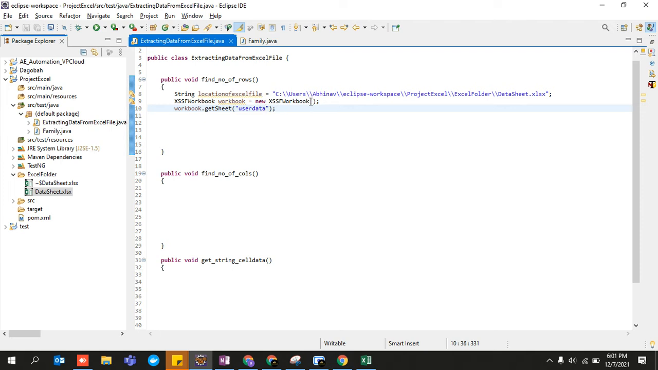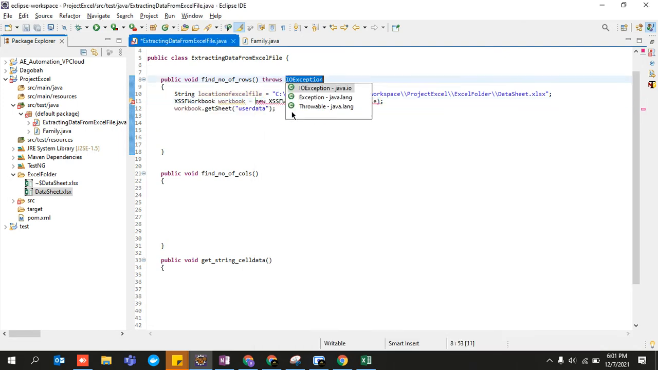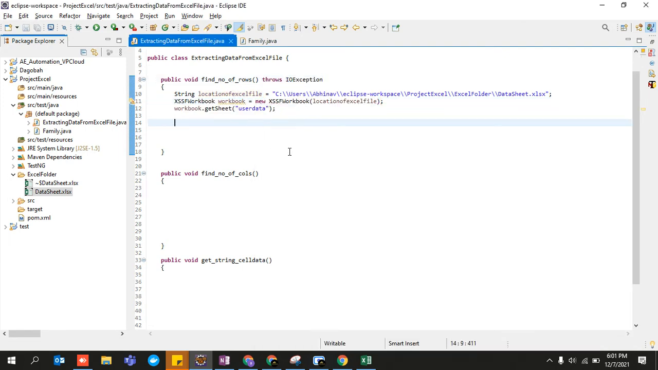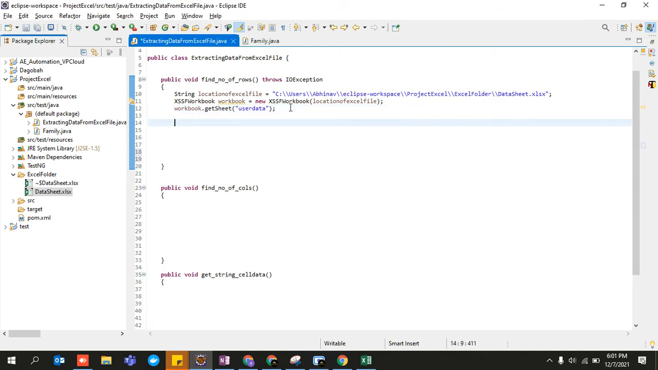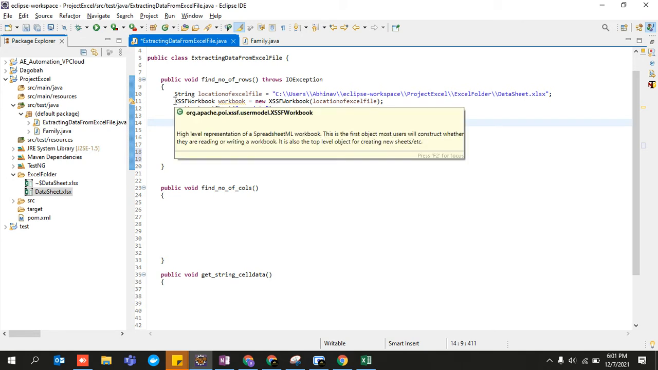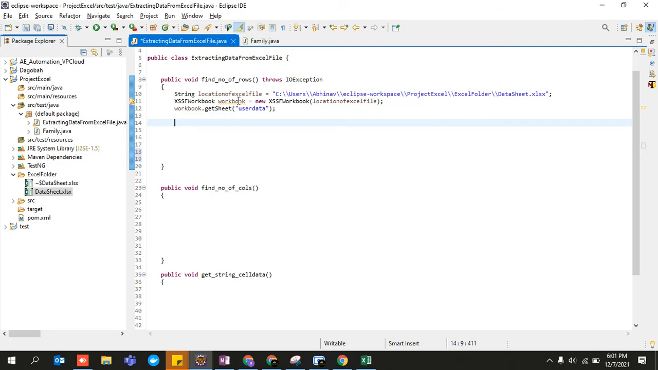Okay, and over here I told you guys that you need to pass the location of the excel file, so we defined that location of the excel file over there, and we are just using this particular variable. And now it is showing throws. Just do that. Okay, till now I hope I am clear what I have done. I had to create a reference variable of this particular class, because with the help of this reference variable, I am going to make use of this function, get sheet,